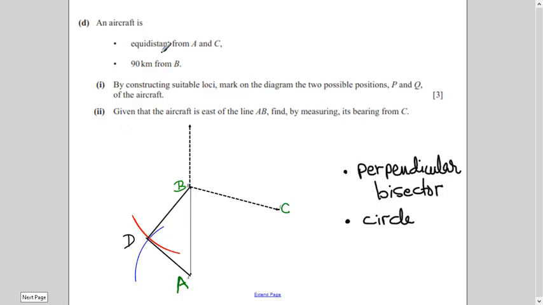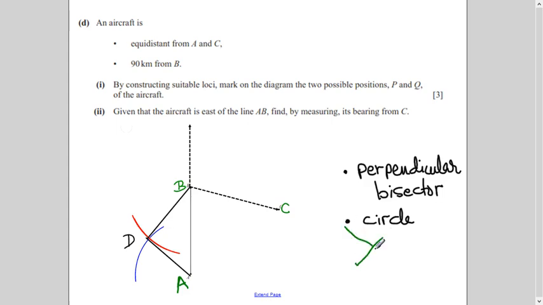Second part, last part of the question is saying an aircraft is equidistant from A and C. Now, these are your point A and C. When question is saying equidistance, you should recall immediately out of 4 cases of loci, this means perpendicular bisector, right? So I will draw a line here at AC and then I will draw perpendicular bisector. So for example, I'm just explaining you, then I will draw actually.